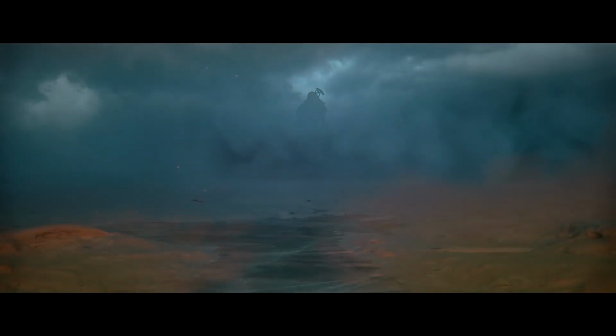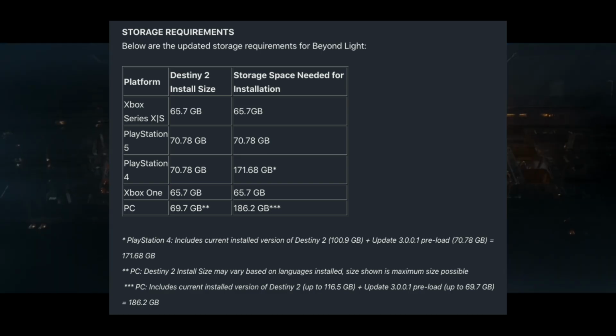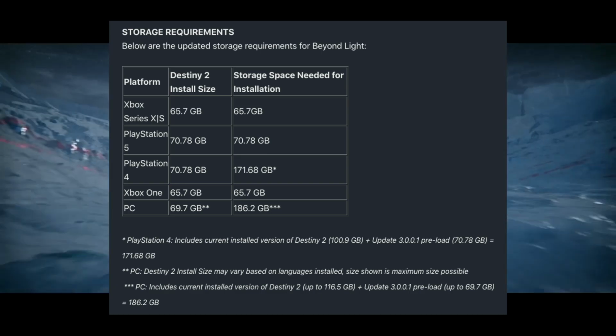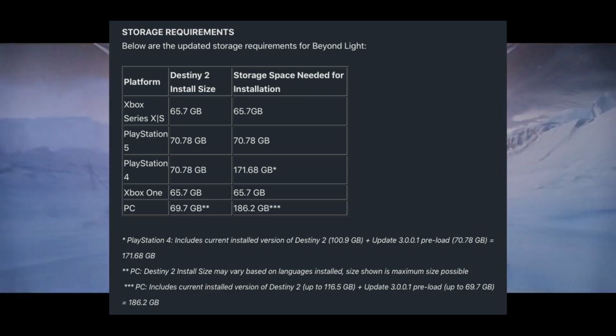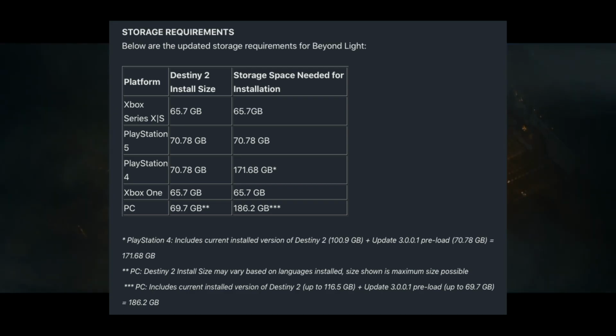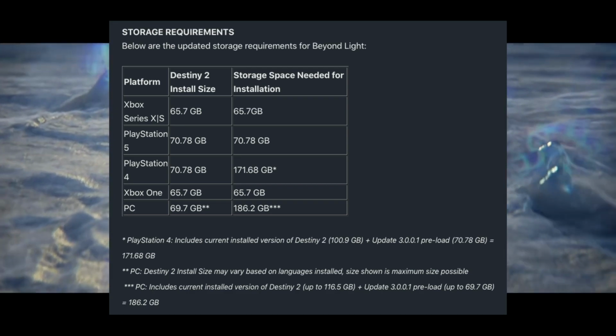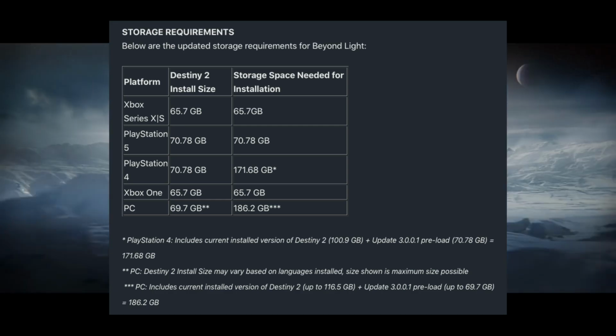So we do have some storage requirements as well. So with the Xbox Series S and X, Destiny 2 install size is going to be 65.7 gigabytes, and for the storage space you need exactly the same, that's 65.7 gigabytes. On PlayStation 5 it's going to be 70.78 gigabytes, and again you need the same storage space for that. On PlayStation 4, 70.78, and you're going to need